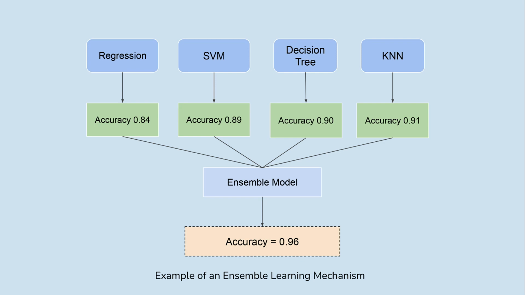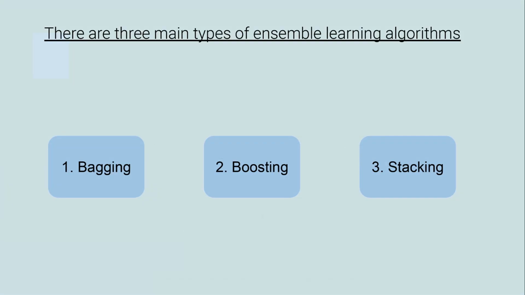The reason ensemble learning is efficient is that your machine learning models work differently. Each model might perform well on some data and less accurately on others. When you combine all of them, they cancel out each other's weaknesses. We can apply ensemble methods to both prediction problems and classification problems.